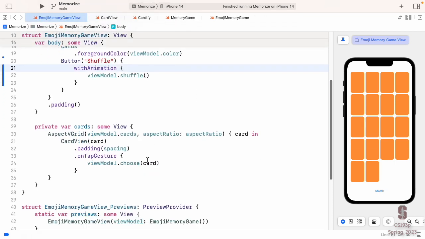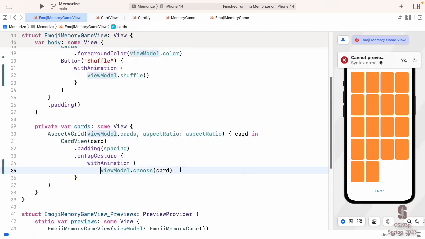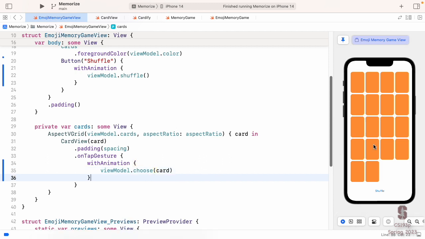Let's go back down here to our choose a card and give it animation too. With animation, choose the card. Now when we have this and we tap, see, we're getting the fade in effect. We'll see it a little better if we ease in out duration 2 down here.